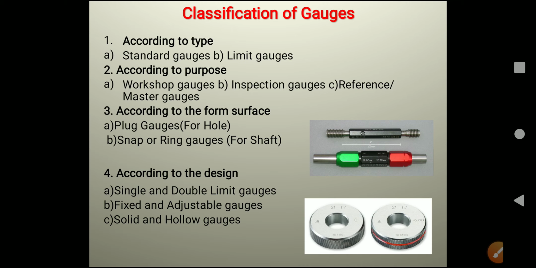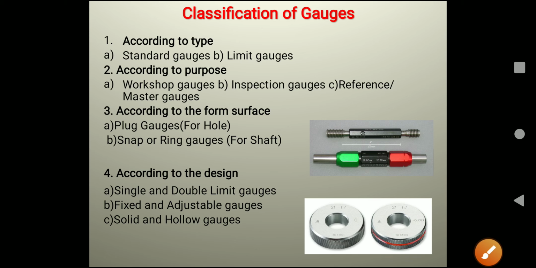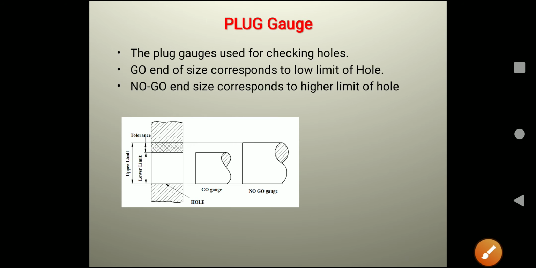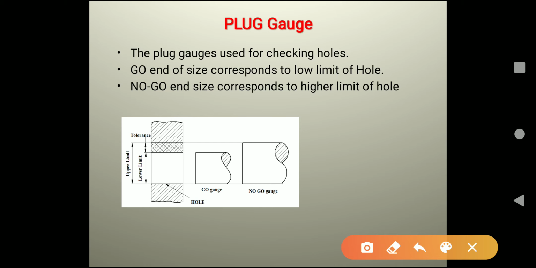So we are going to discuss them in detail. This is the type of plug gauge. Here you can see the two ends, that is go end and no go end. The plug gauges are used for checking the holes, as we have discussed. The go end size corresponds to the low limit of the hole. Here you can see the low limit of the hole. If the go gauge passes through this particular hole,